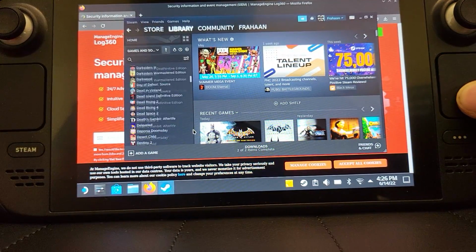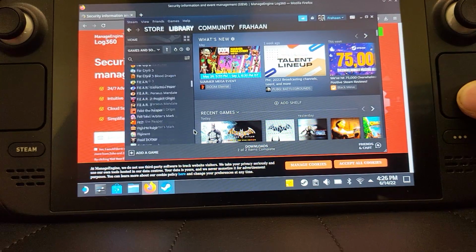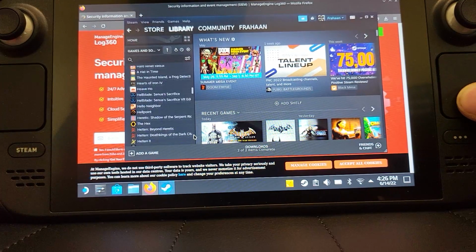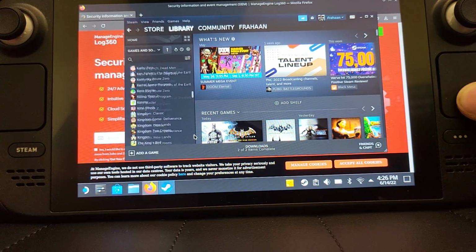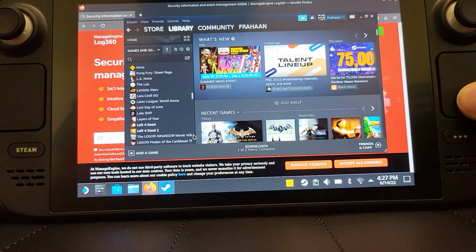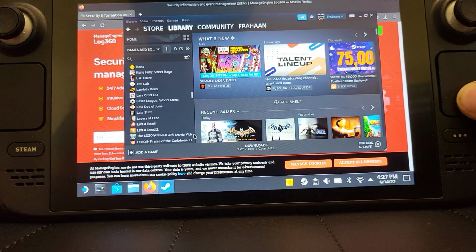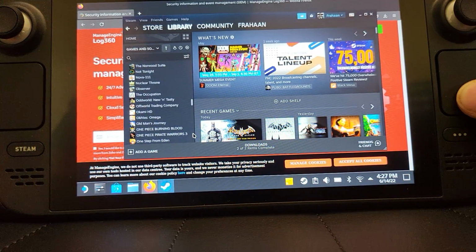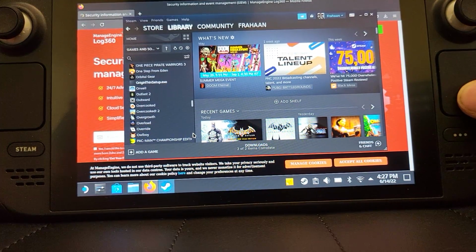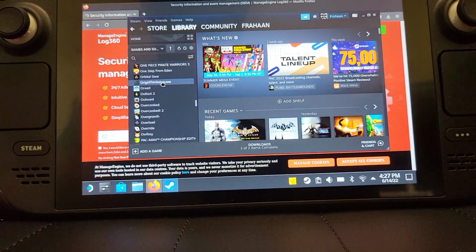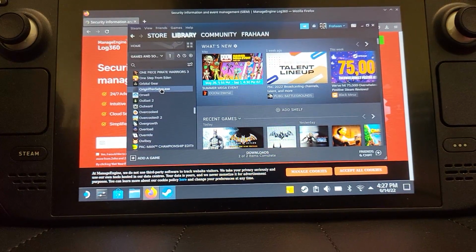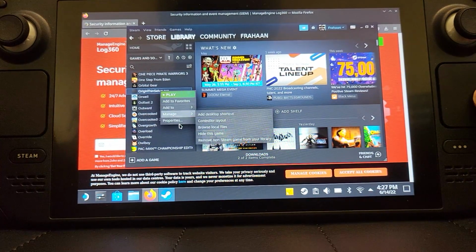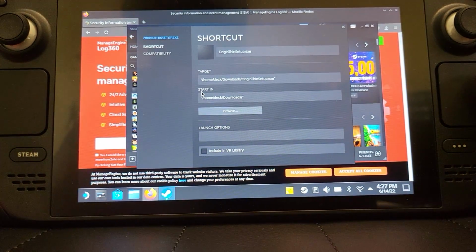So if you scroll down to O, so Origin, it is a lot better if you have keyboard and mouse connected. It makes things a lot easier, but it is not impossible to do it without, because I did do this setup before without it. And where are we? We're almost at O now. And here we go. It'll be the one without an icon, Origin Fin setup. Before we run it, you want to right click it, and you do that with the left trackpad. If you just click in on it, and now if you go to properties,